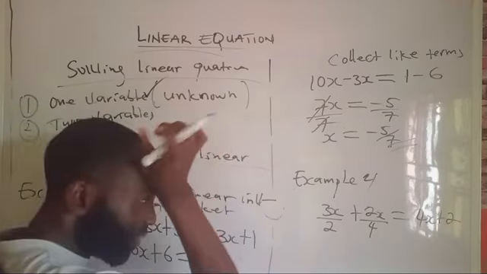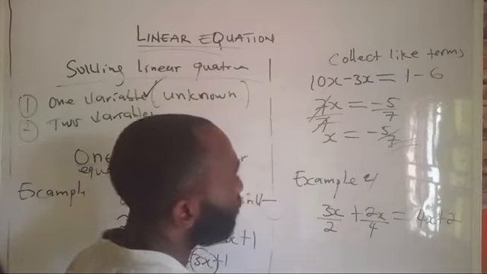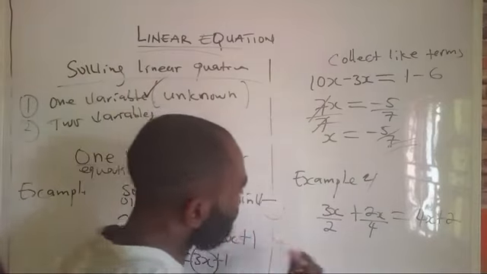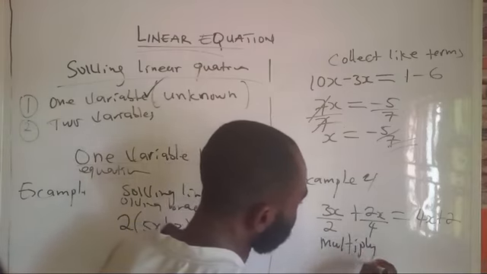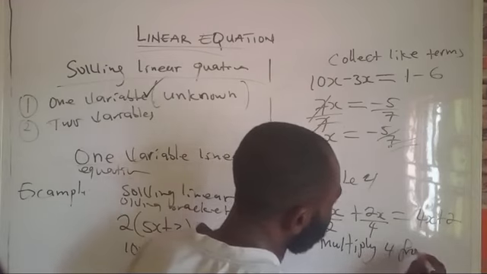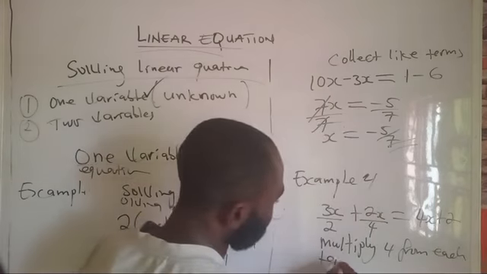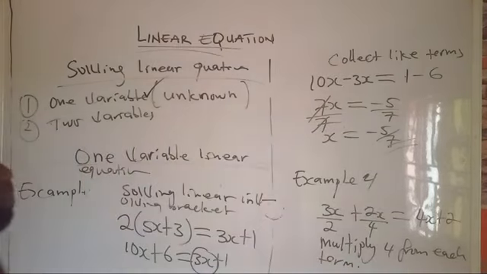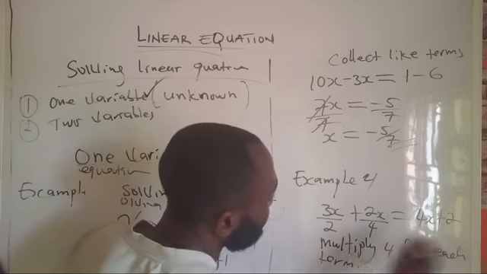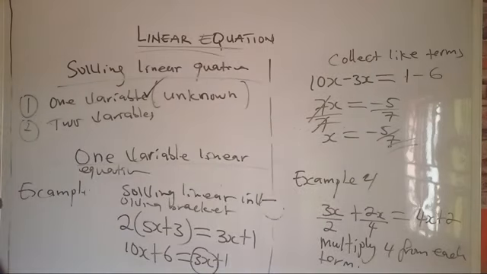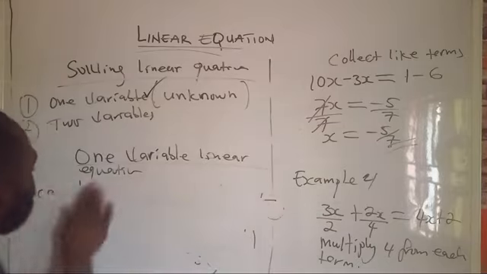So in looking for the LCM, you are going to multiply by 4 on each side, which means we are going to multiply by 4 as the LCM on each side of the equation. So with that, what we have is